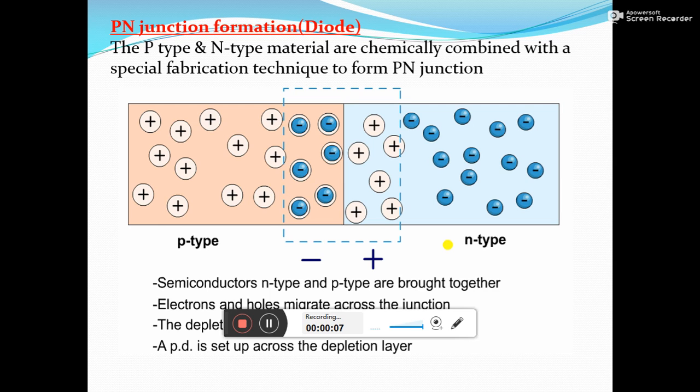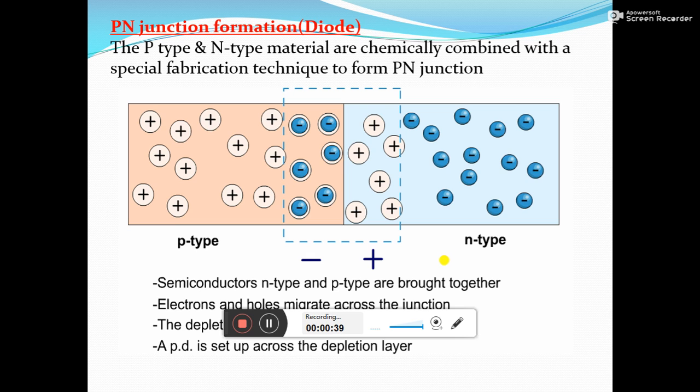In the previous session we discussed the diffusion technique, that is, the movement of charge carriers whenever non-uniform doping is done on a silicon or germanium bar. The charge carriers try to move from a higher concentration area to a lower concentration area, and the movement continues until a uniform concentration is achieved over the whole slab. That was known as the diffusion technique, and it plays a very important role in p-n